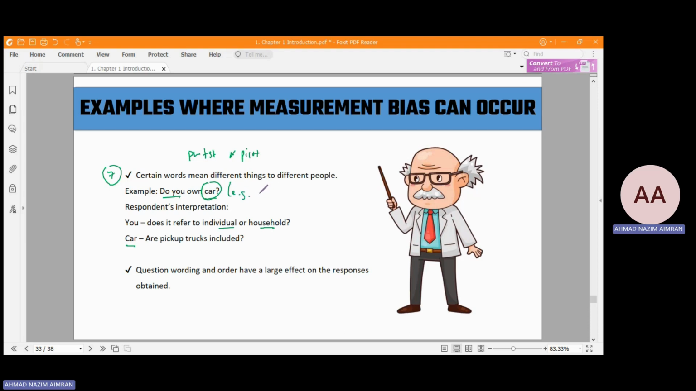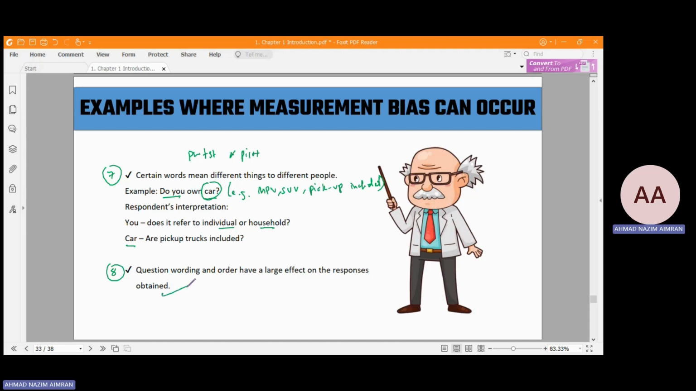of like car, maybe MPV, SUV, or pickup trucks included. Okay, so this will help the respondent give the correct answer. Okay, and the last one is question wording and order have a large effect on the responses